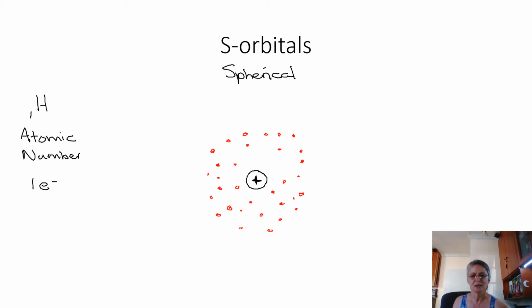That is what you'll see pictured on the slides. If you put one photo of the electron on top of another, you will find a spherical